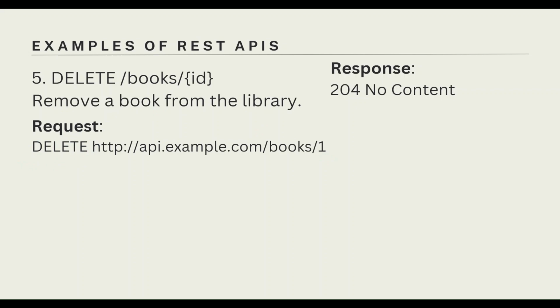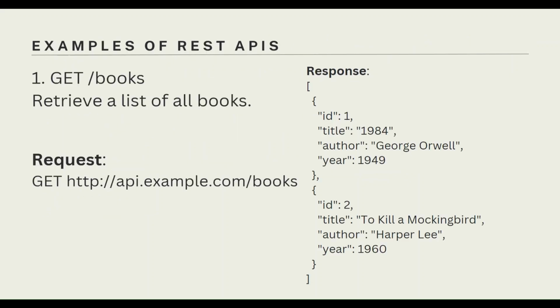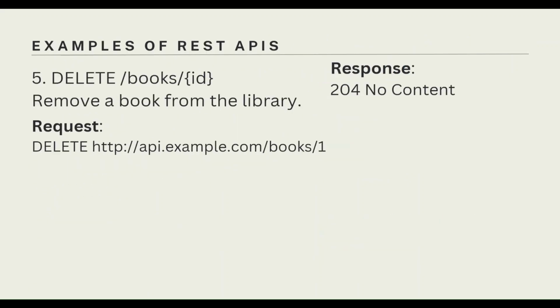So in this way we can use our HTTP methods to do our CRUD operations, that is create, read, update and delete. In the next video we will see client-server architecture, how it works, and then we will implement each of these. GET, POST, PUT and DELETE, we will implement in Spring Boot. For that you all need to install the STS IDE and Postman. Postman is used to check APIs. With the URL, we can check our API, we get a request and response, and we can do all that there.